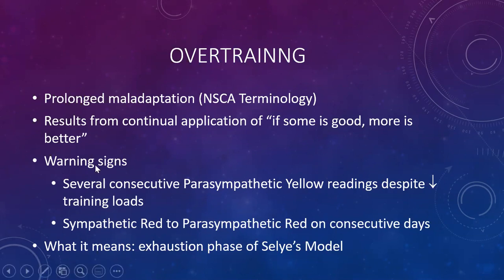When we see these warning signs, this means that we are in the exhaustion phase of Selye's Model. We've dug a hole for the athlete, and now we got to let them crawl out before we start to give them more work. Because the thing is about overtraining, when you look at it, to get a little philosophical here,